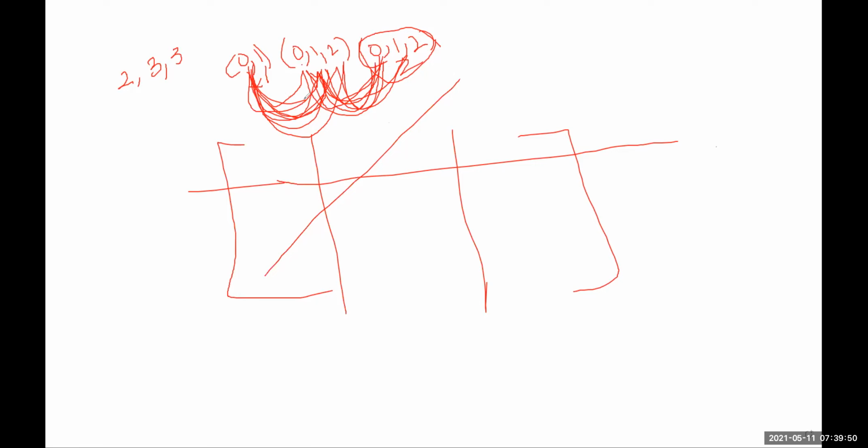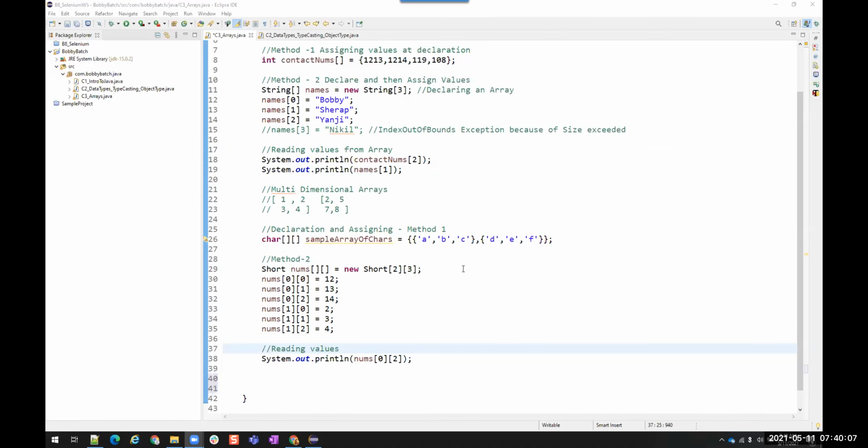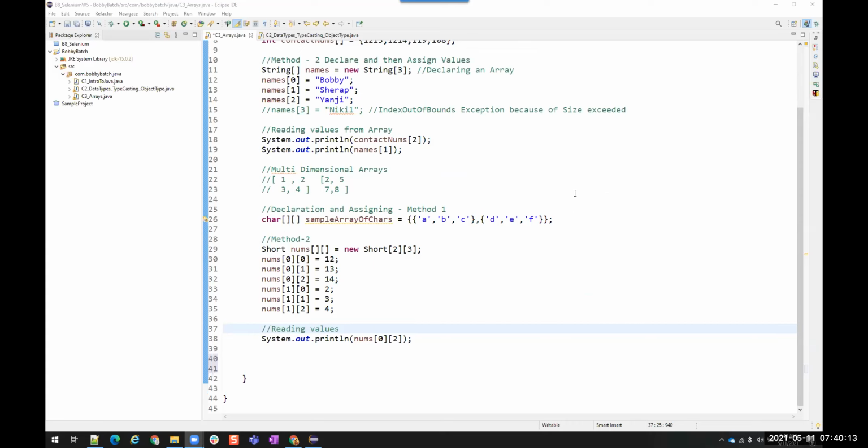Okay, so anyway, 3 dimension is not needed, but if at all somebody asks you, you can get the positions from this. In Selenium, we use maximum up to 2 dimensions only. Okay. All right. So, do you remember matrix addition?